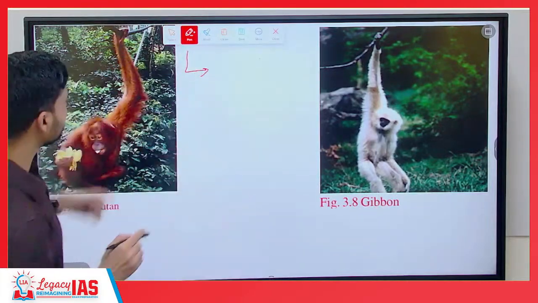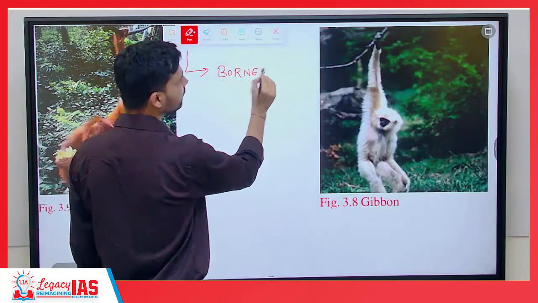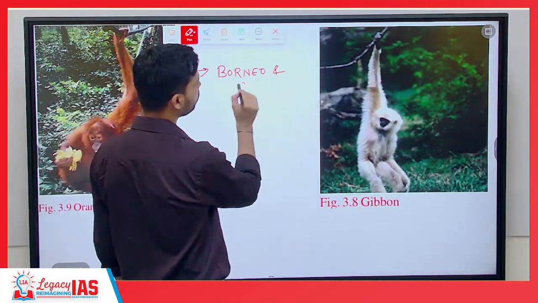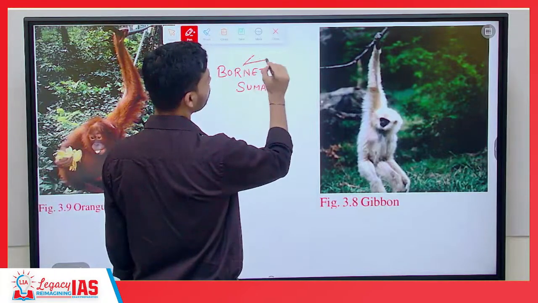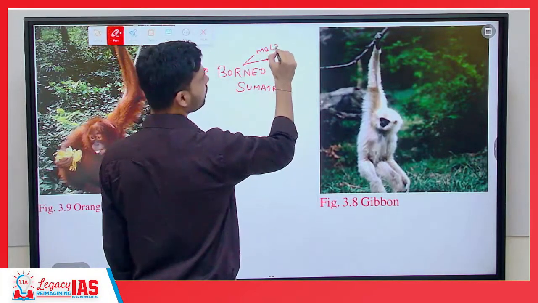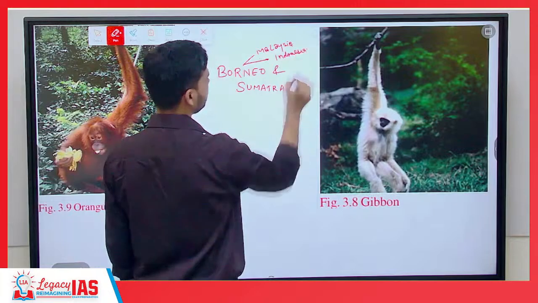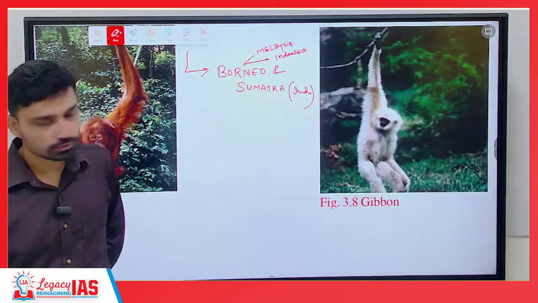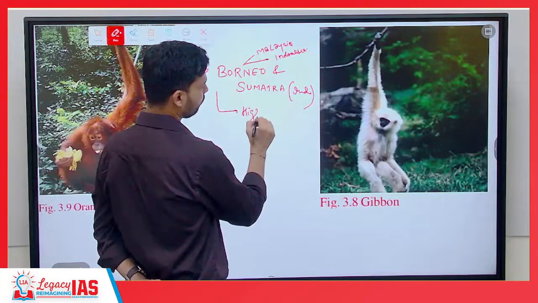They live largely in two regions. This is the only area where orangutans are found, and they are at very high risk of extinction due to the deforestation observed in this area. Borneo is a region shared by both Malaysia and Indonesia, and Sumatra is an island of Indonesia. Borneo and Sumatra. Here we can add this high risk of extinction